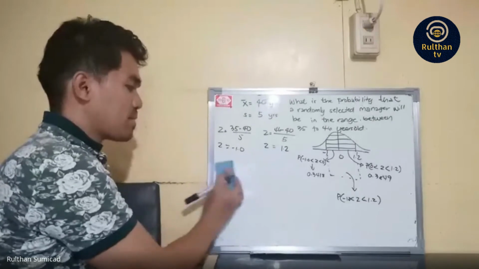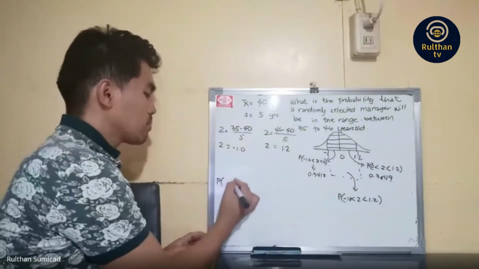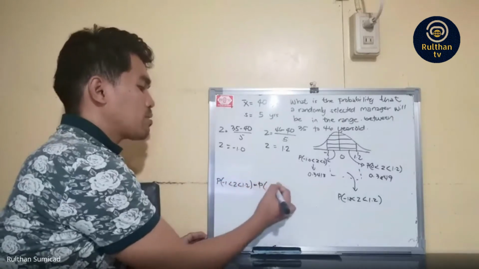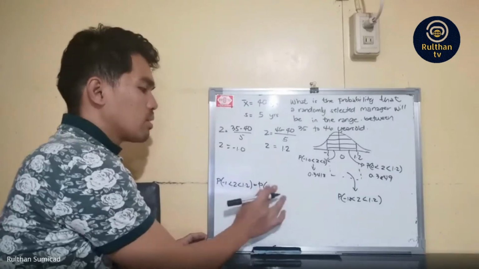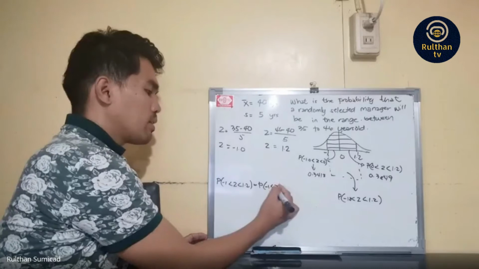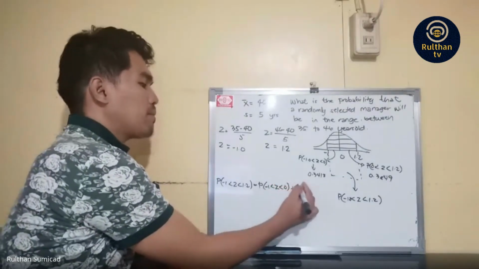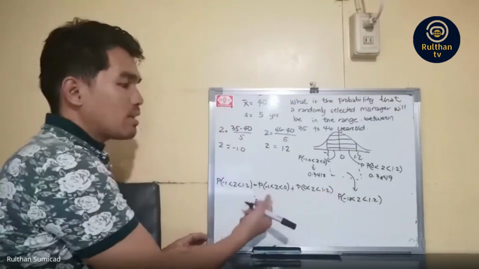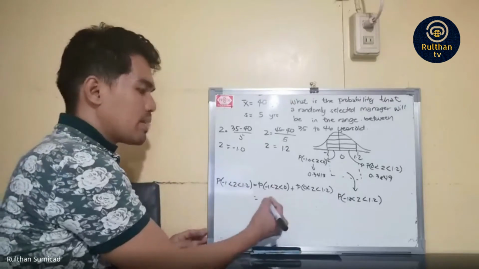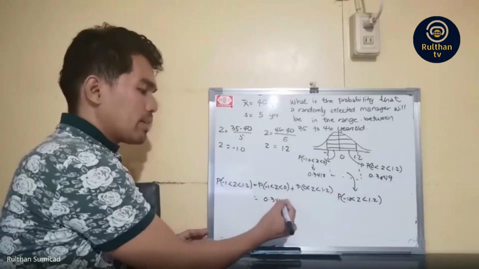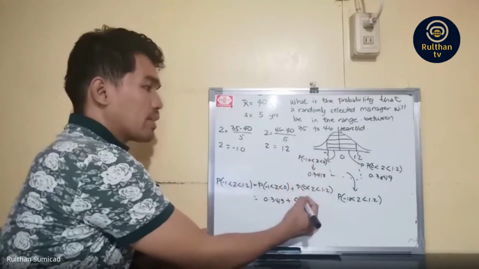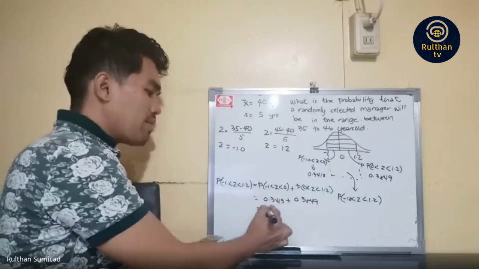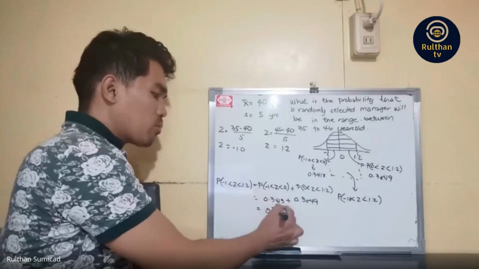I think I just need more space. The probability of z greater than negative 1 but less than 1.2 is equal to the probability of a z-score between negative 1 and 0, plus the probability of a z-score greater than 0 but less than 1.2. Combined now, this probability here is 0.3413, plus the other one, 0.3849. Combine that, you have 0.7262,